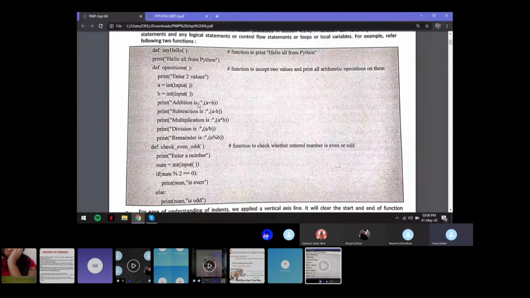Again, you have another function named check_even_odd, in which you can see the indentation more properly in these two functions. So you have your def check_even_odd. Under that, you have print enter a number. So you take the input into num, num equals int input, as an integer number into the variable called num.